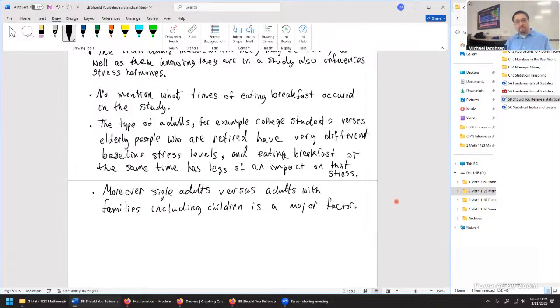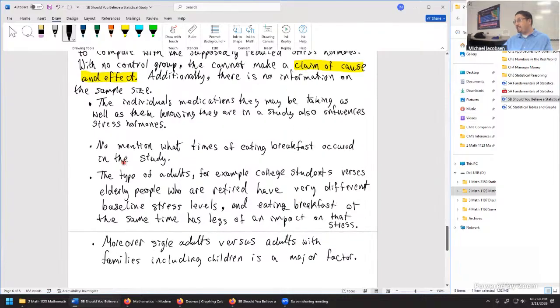And no time management seminar guru is going to tell us do this one thing differently and it's going to change our stress, because all of these big factors, again, for these people that could have been in the study, those are the major factors influencing stress. Those are the confounding variables that we'd be most interested in. And it seems like